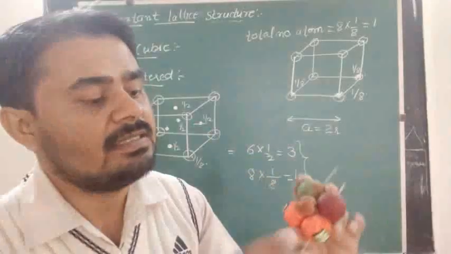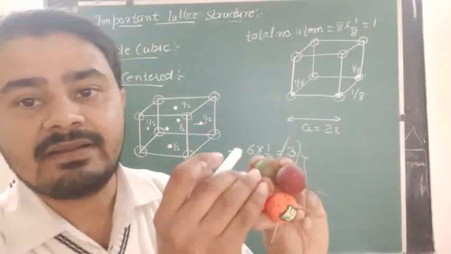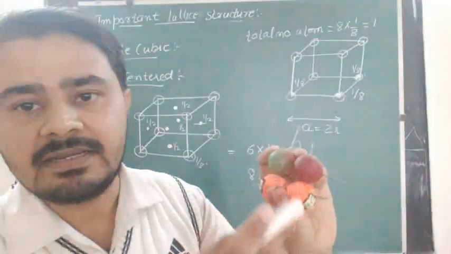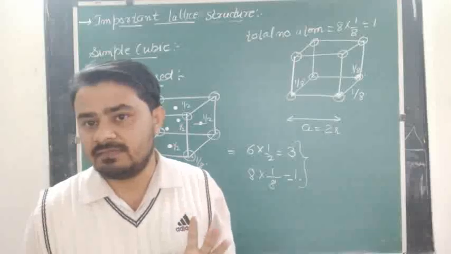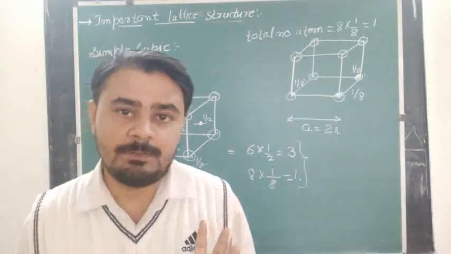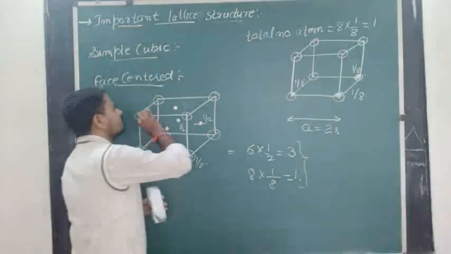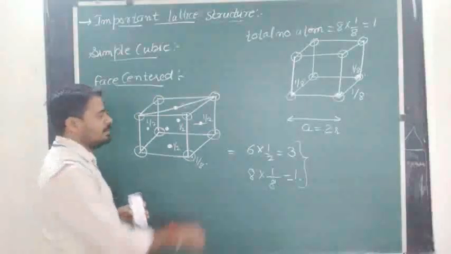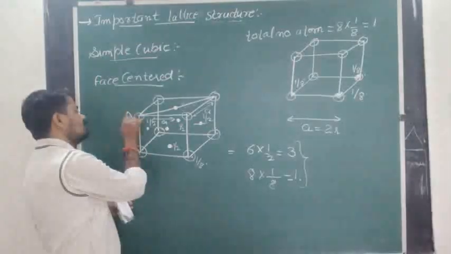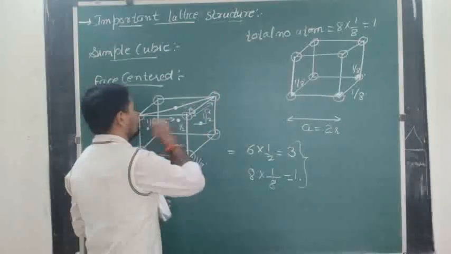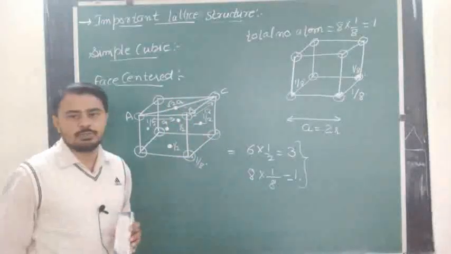Suppose this is 1, 2, 3. These 3 atoms make a right angle triangle with this face-centered atom. That's why we use the Pythagoras theorem in the unit cell. Otherwise, we cannot apply the Pythagoras theorem. In this case, if I join this face-centered atom with the corner atoms and the edge length is a, then you can easily write the face diagonal, the A to C length, is equal to under root 2 a.